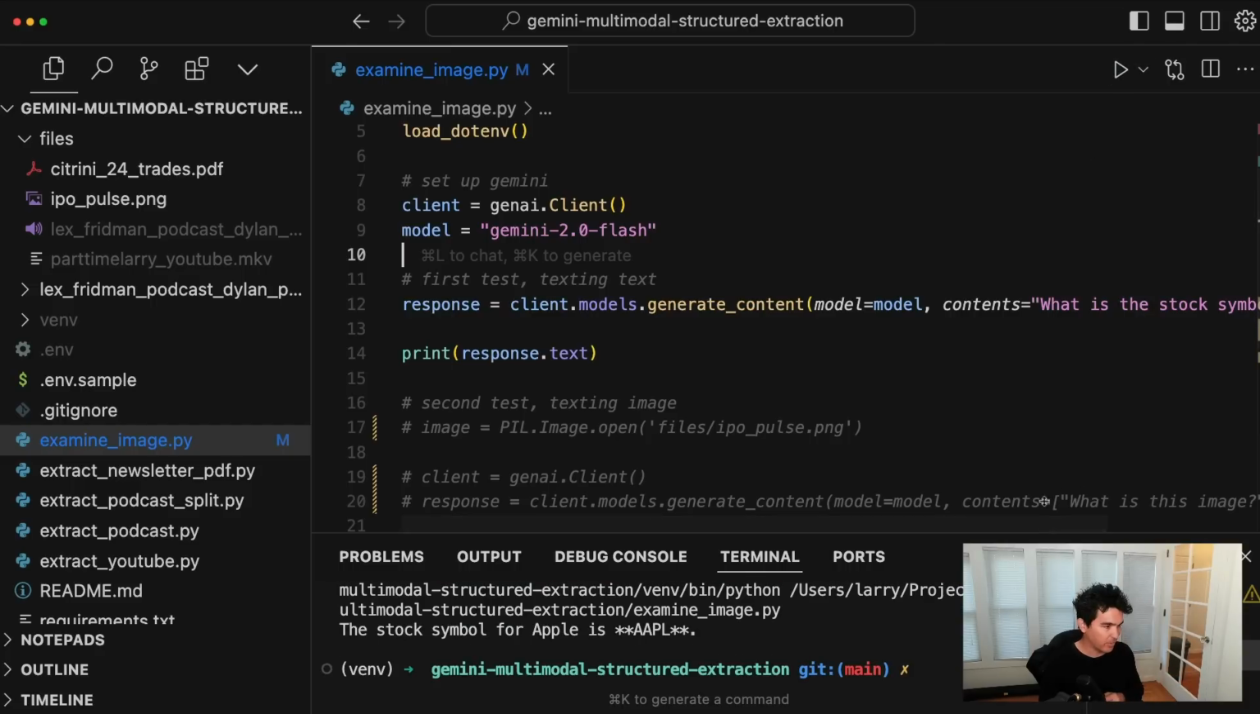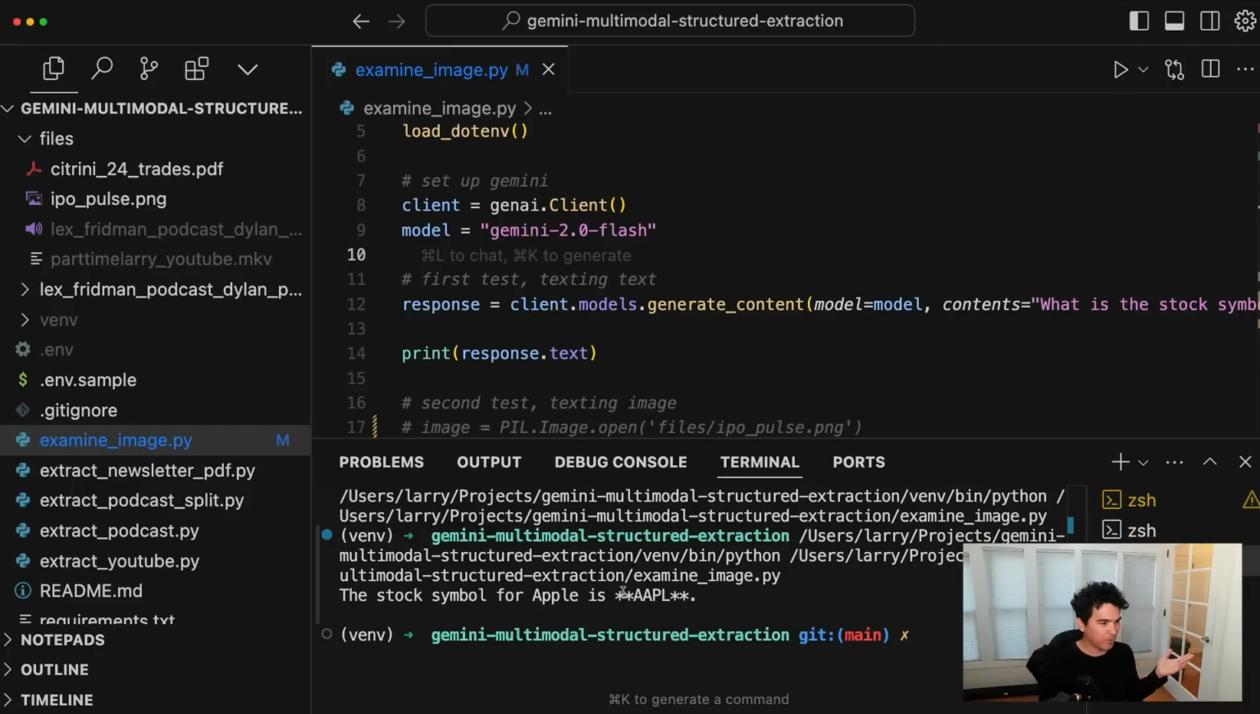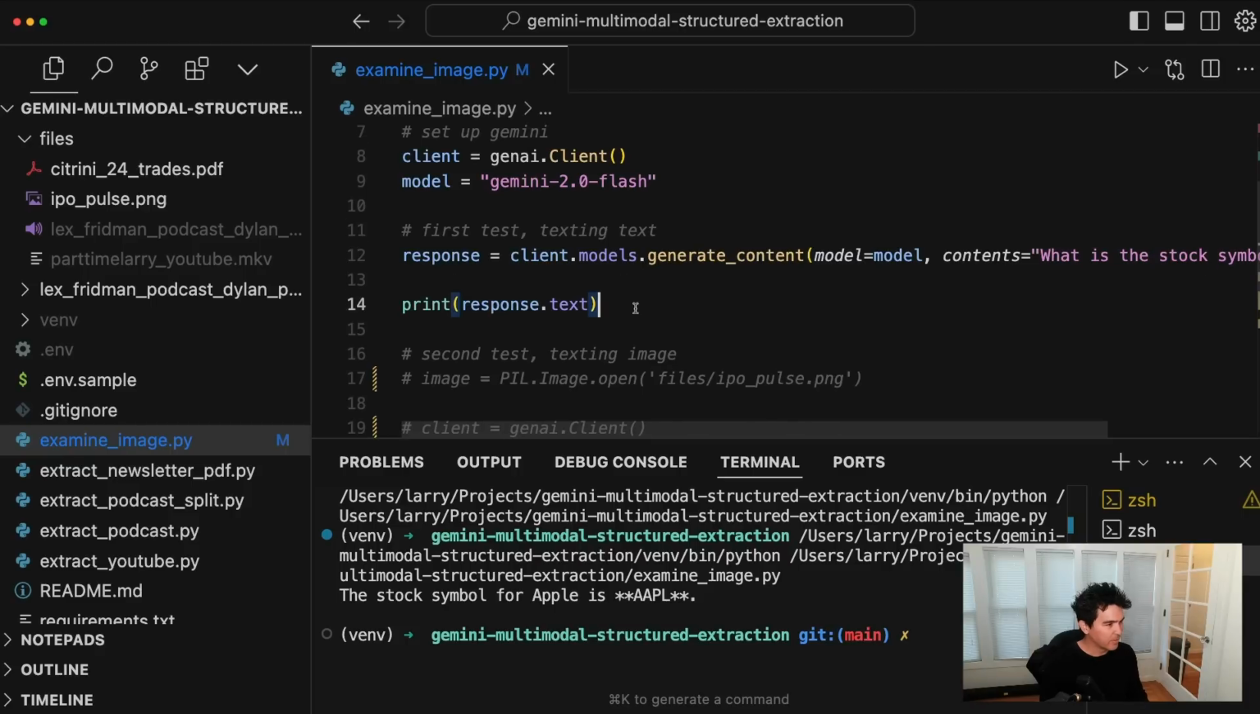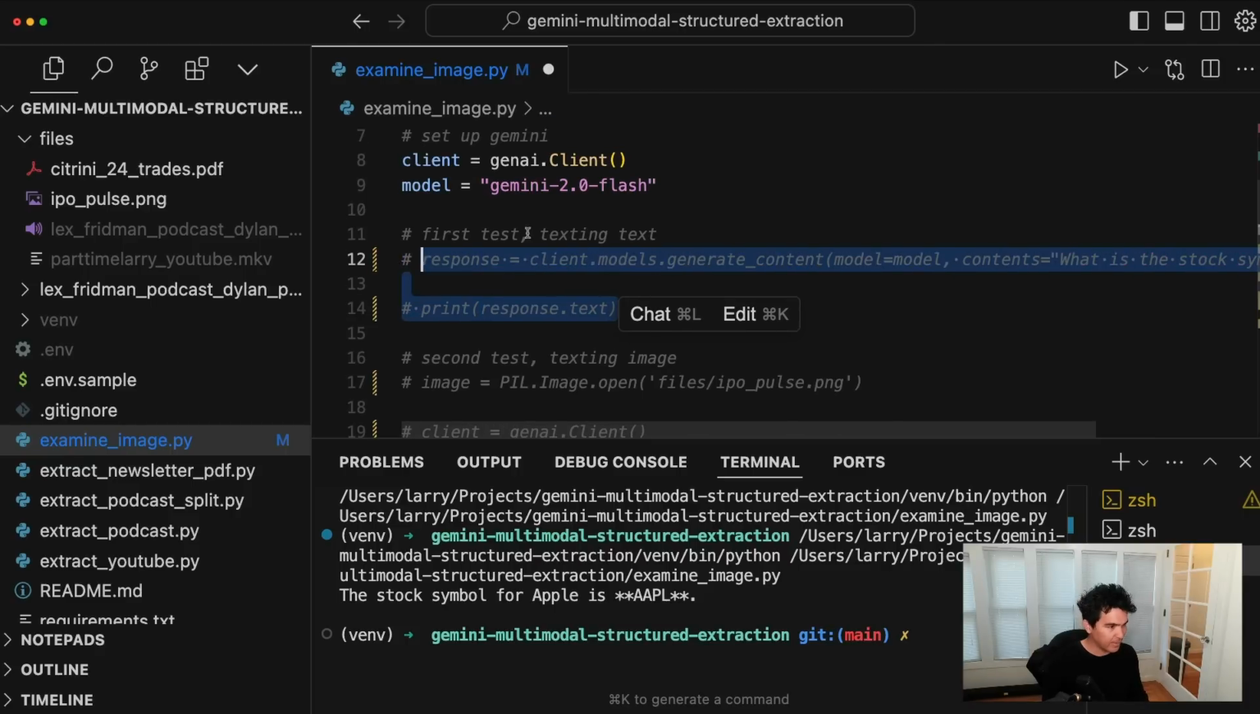And if I run that, you should see it knows that information. Stock symbol for Apple is AAPL. Very, very simple, right? So now I'm going to comment that one out, and let's see, how do you make